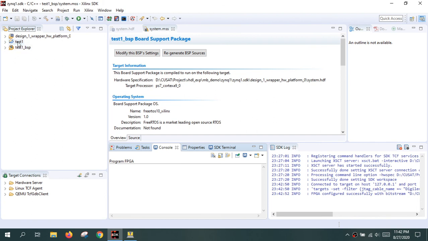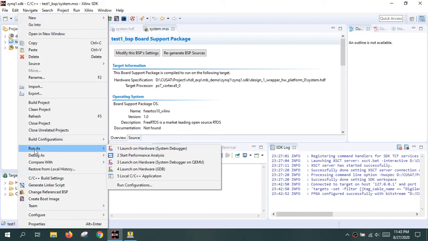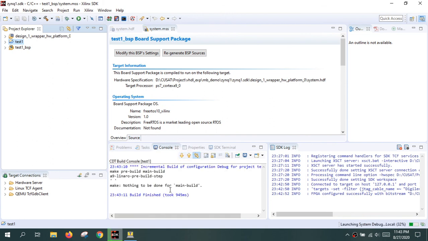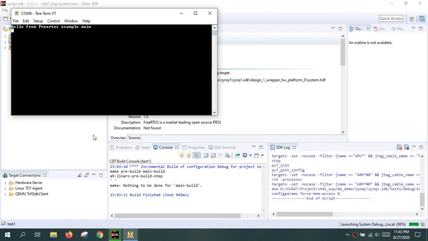Now you can click on the application project and right click, and then click on the run as menu. Here you have an option of launch on hardware. Select that. Now it is launching the application on the hardware.